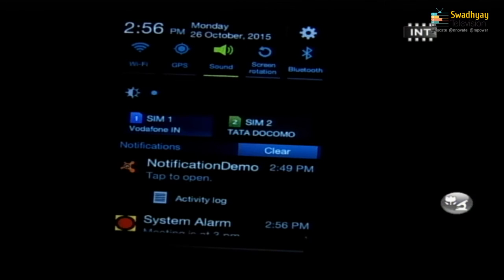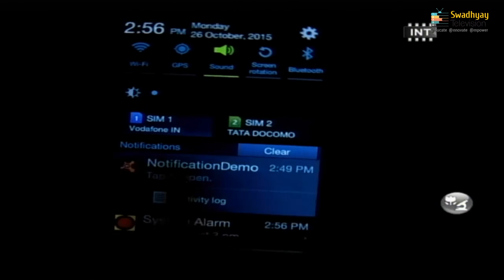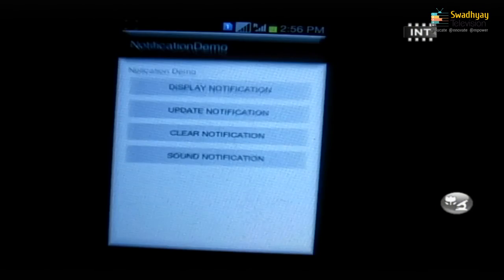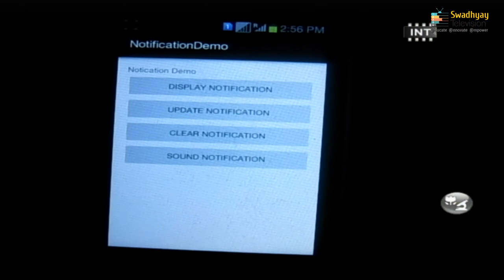Here in the last you can see my notification is showing the title system alarm and the message as meeting is at 3 p.m. and my icon is also displayed, and when I touch this notification or open this notification, it will return me back to the main activity and I can cancel it by swiping on the screen. So, here I am just pressing this notification. So, it will return me back to my main activity.